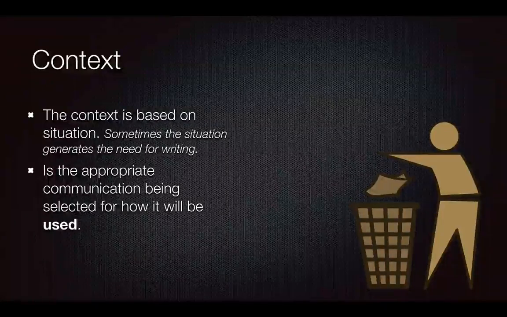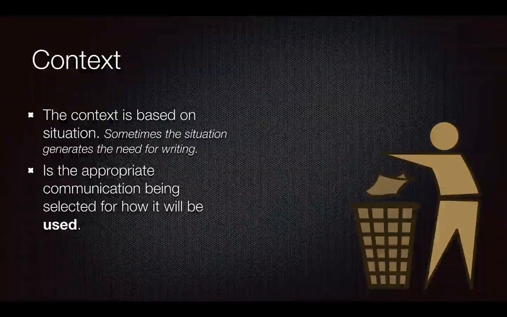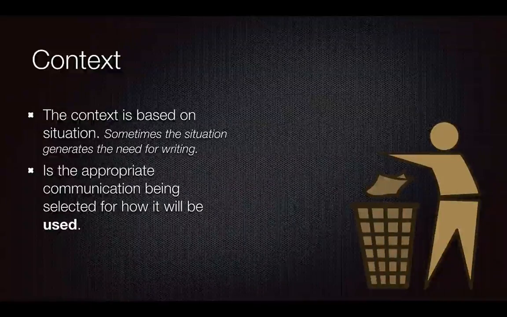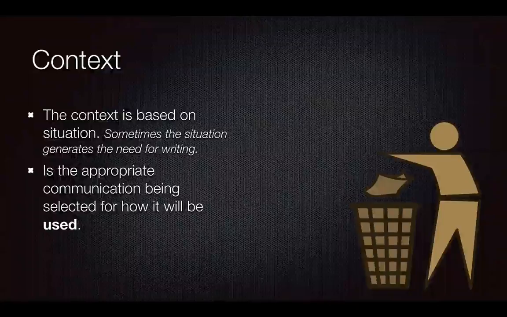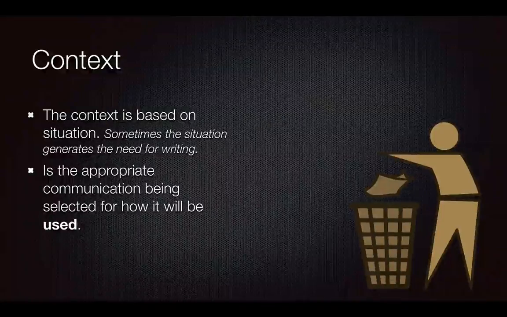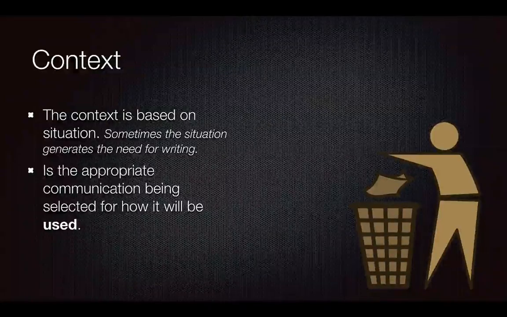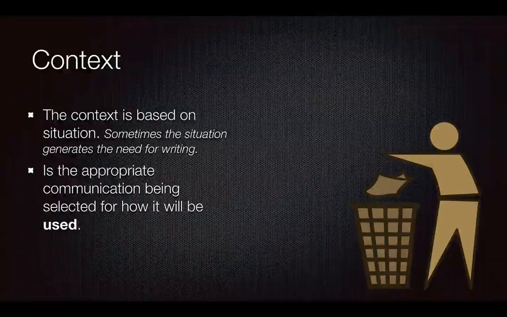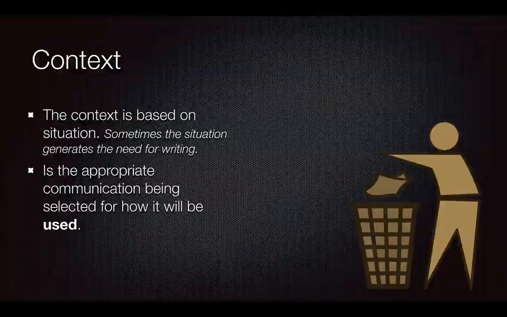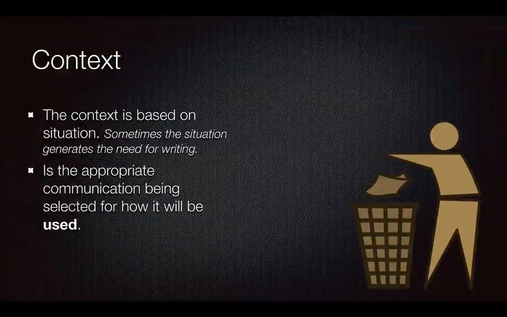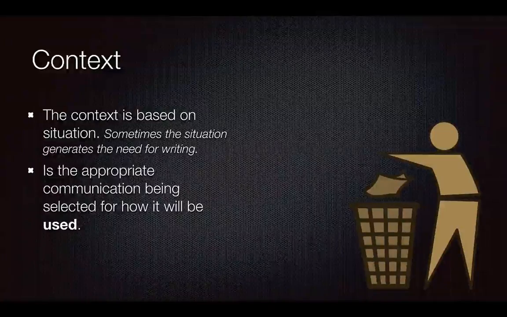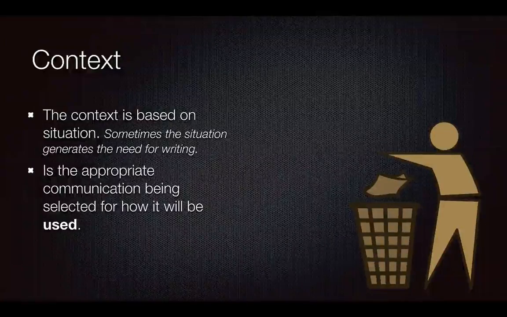Let's say you create a report. Are the operators going to constantly refer to the data in the report in order to do something at work? Will they need that particular report to have a spiral binding so they can open it flat and lay it on a table? Or do they need it generated on the web so that they can access it while using the computer? Or is your supervisor going to make some decisions based on this report? The context helps to determine how this item will be used.